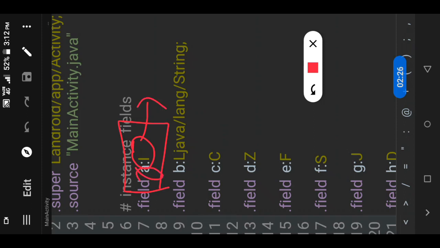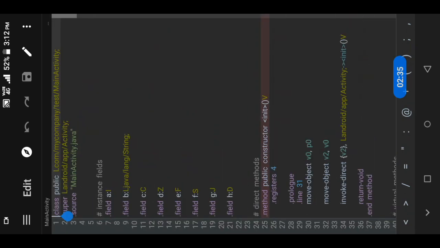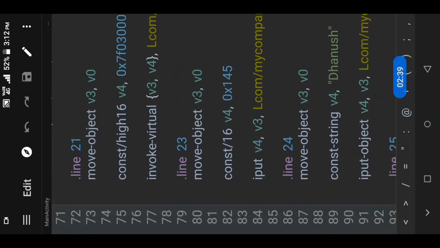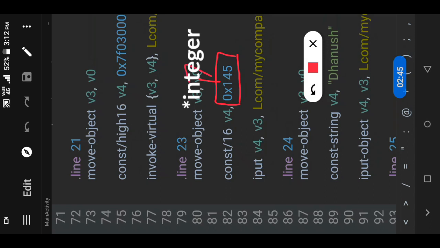To this a I can only assign integer type data. To assign this in Smali we use code like this, input. You can see here we have the value of the character, an ASCII value